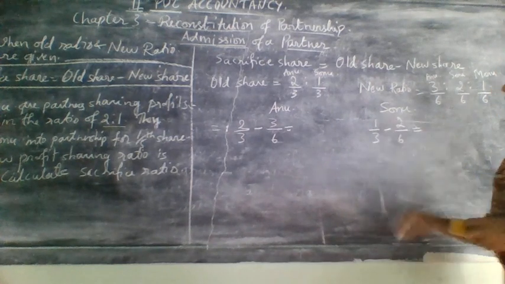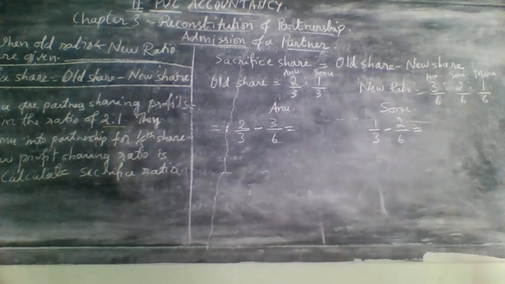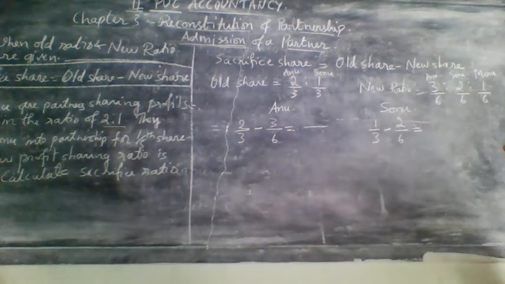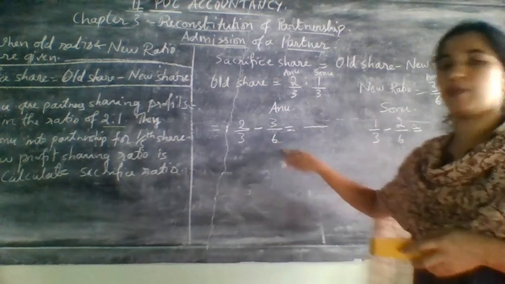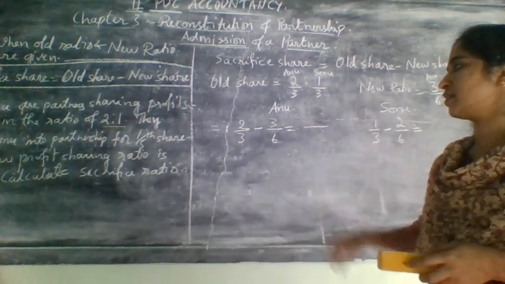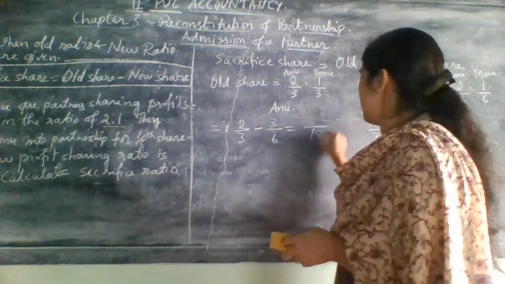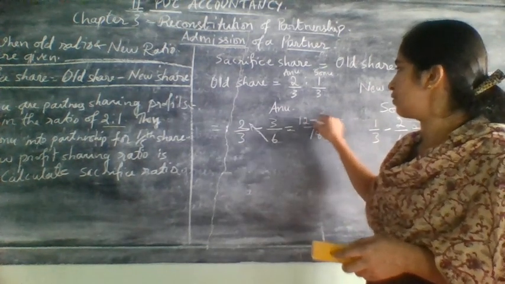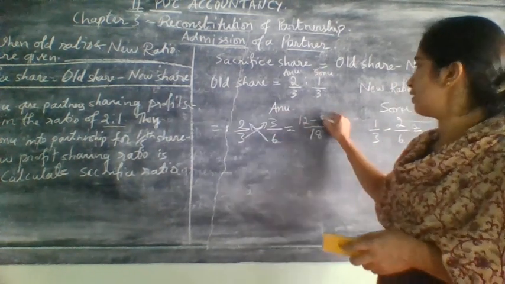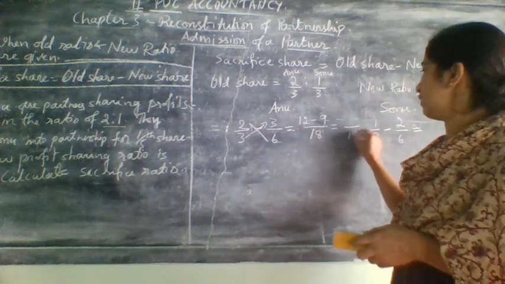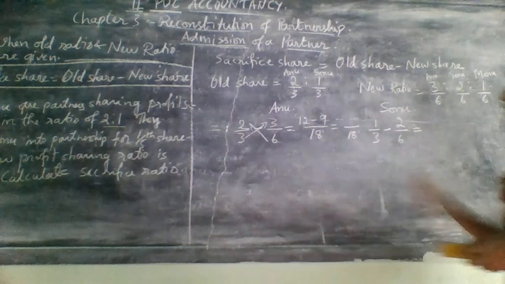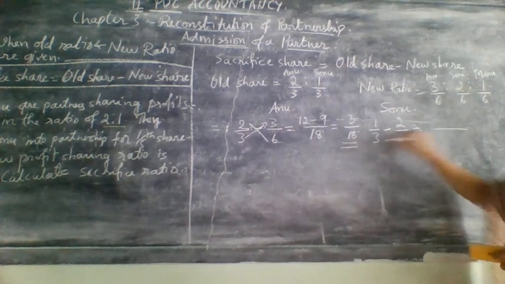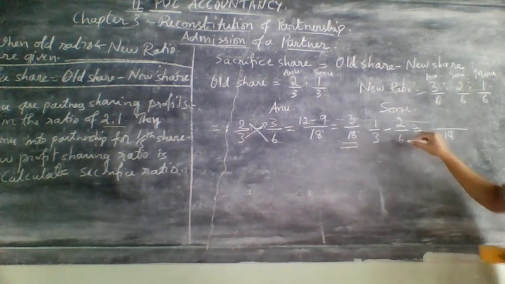Again for this problem, always this will be the problem: the denominator will not be the same. First method we will follow. We will multiply this and write here 6 threes or 3 sixes are how much? 18. Next do the cross multiplication. 6 twos are 12. Then 3 threes are 9. How much will it come? 18 will be here. 12 minus 9, it will come 3. Okay. Next here, first method we are doing now. 3 sixes are 18. First right to left.